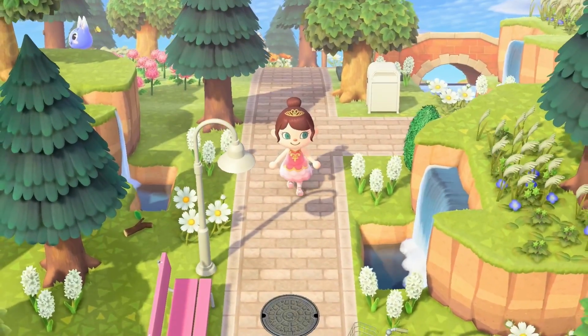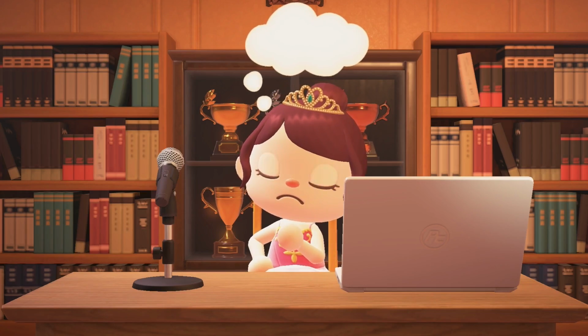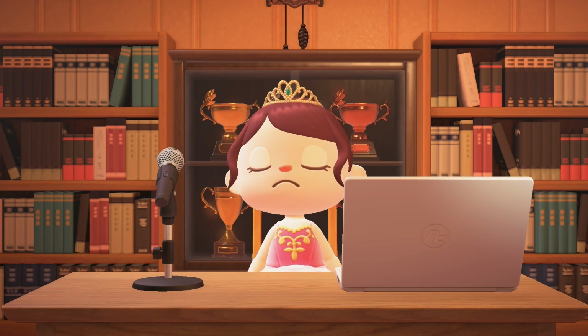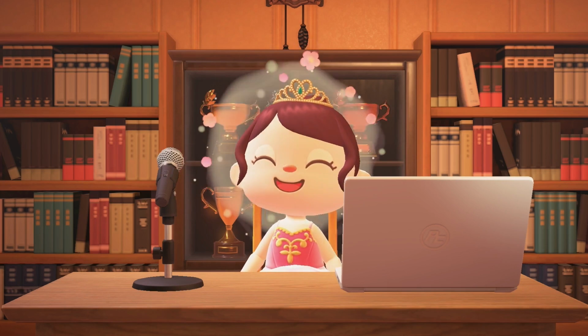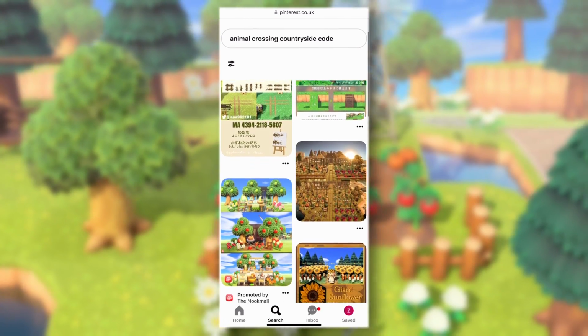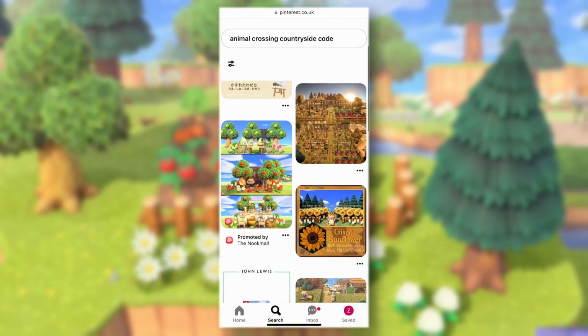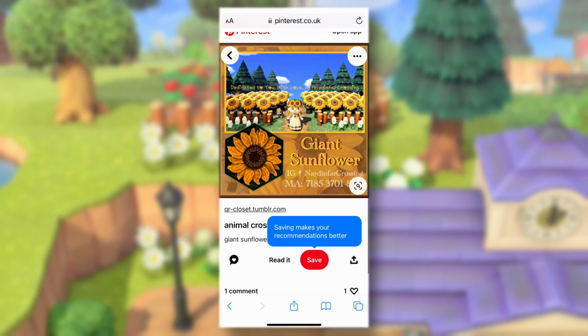Another place to look for custom codes is Pinterest. I tend to find more options for codes on Pinterest, but I don't get all of my codes from here. But you can adopt the same searching principle as I used for Google. Search for what you like and flick through the results. If you see something you like, check for an MA or MO code and make a note of this or screenshot it so you can find it later.